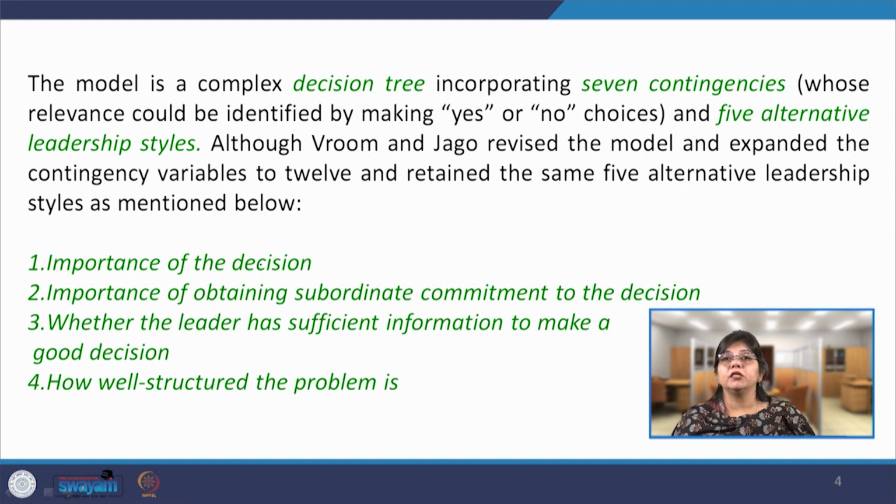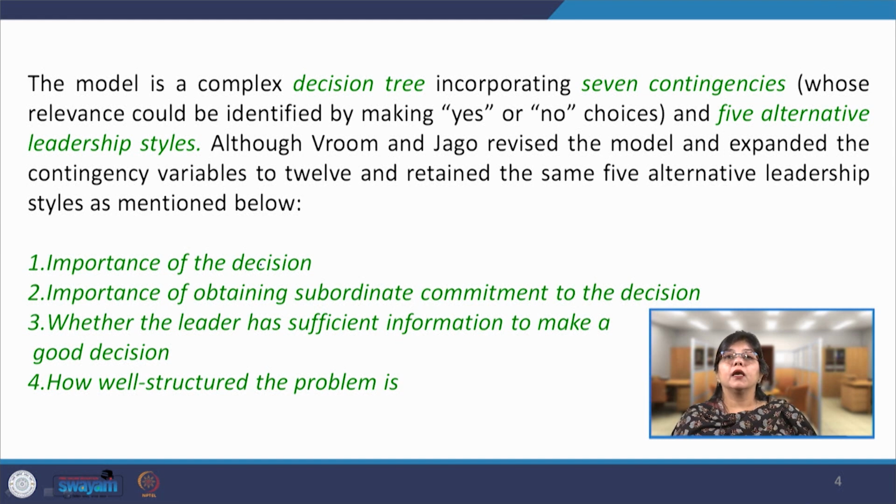So, based on this decision tree, 7 contingencies were identified by Victor Vroom and Yetton, and by identifying based on yes or no choices, 5 alternative leadership styles or situations were identified. But later on, these contingencies were revised and expanded to 12 contingencies to define which leadership style is more appropriate. So, these contingencies are the importance of the decision, that is, under what circumstances a particular decision has to be